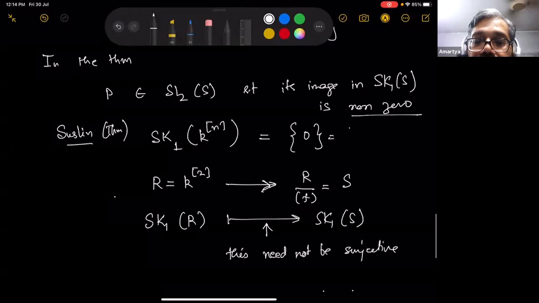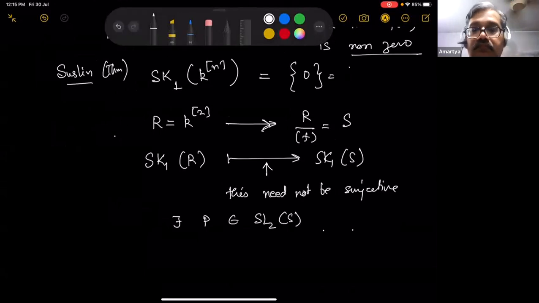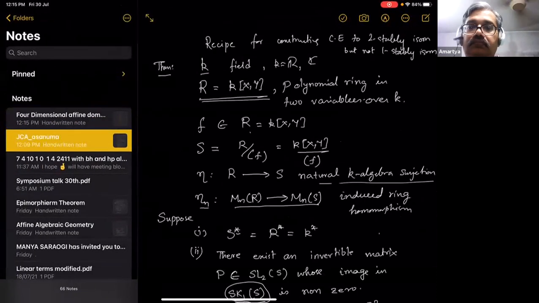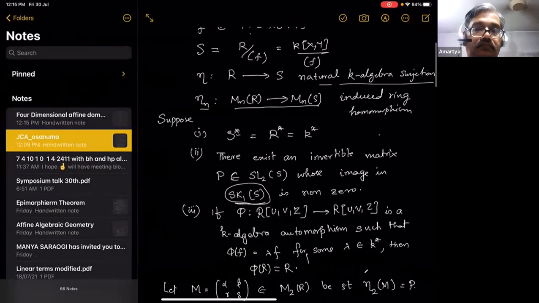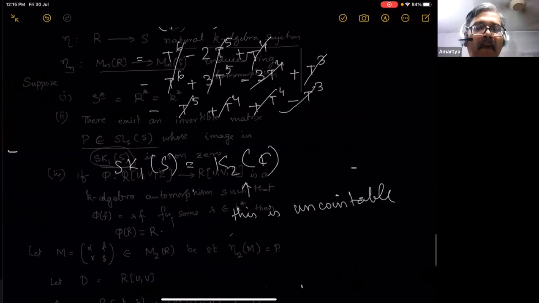And our example depends on the fact that there should be a matrix P in SL2 of S whose image here is non-trivial. So then we can work with that. So let me just go back to that. So there exists a P in SL2 of S whose image in SK1 of S is non-zero. And further,